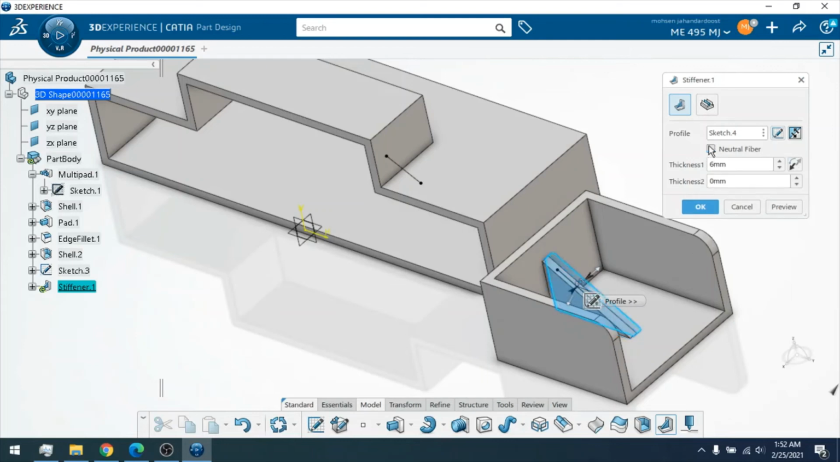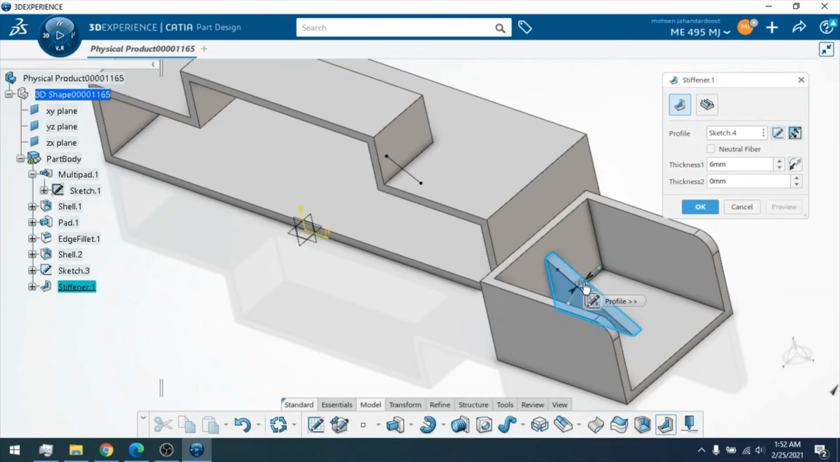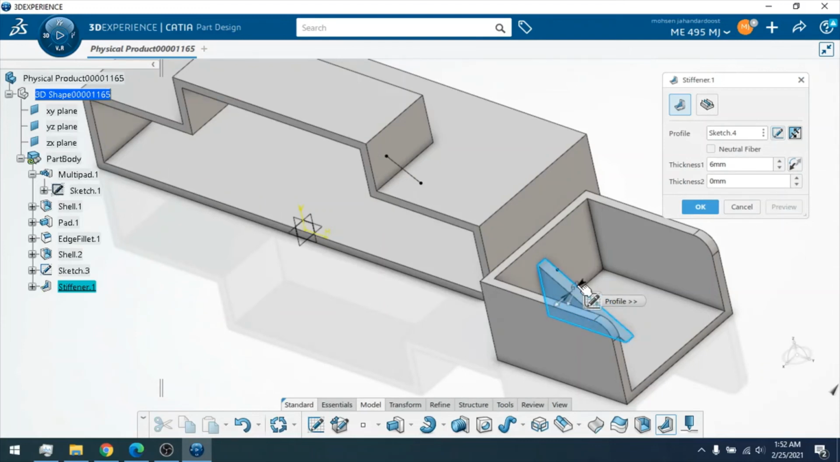If you want to put your profile on one side, you can just take off the neutral fiber and put the thickness that you want. You can see that if I change the direction, the thickness of my Stiffener for this profile that I created goes to the left or right of my profile. The next thing is this option that creates your Stiffener parallel to the plane of your